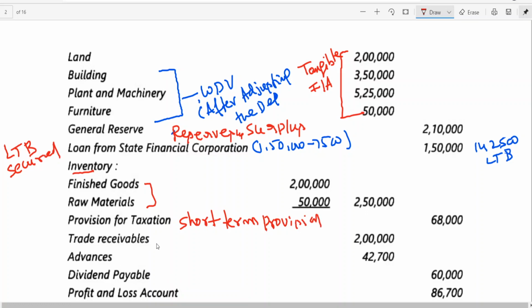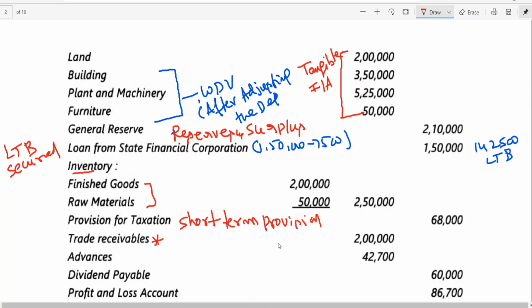Trade receivable he himself has given. Now here we got one note that is more than 6 months. I think the trade receivable subheading has been given. It appears in current asset. Major heading is current asset. Major head, subhead, subhead. The 3 points you should remember. Trade receivable is a subhead. Major head is current asset. In current asset we show trade receivable.